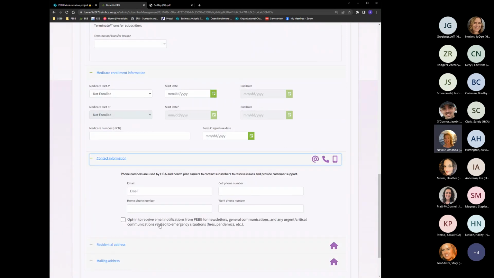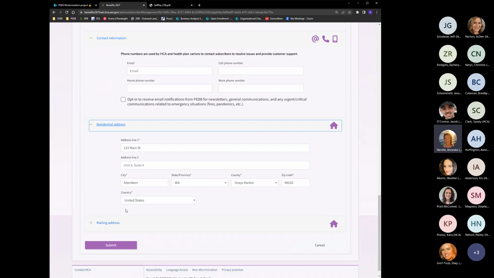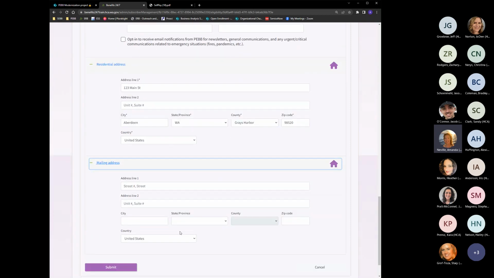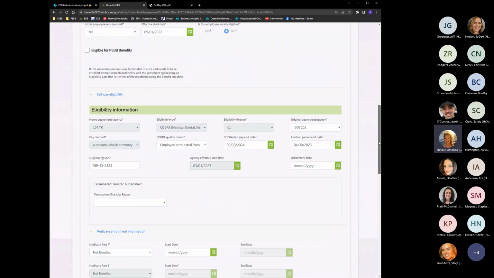And contact information. This is actually one set of information that the subscriber themselves can update: their email or phone numbers. They have the ability to do this themselves. And there's also residential and mailing address as well. But what if we got a phone call and they said,